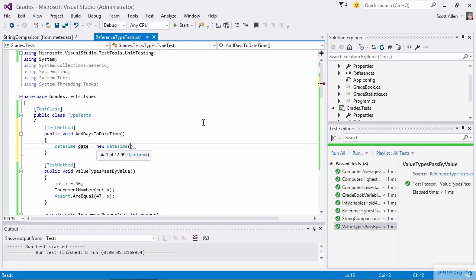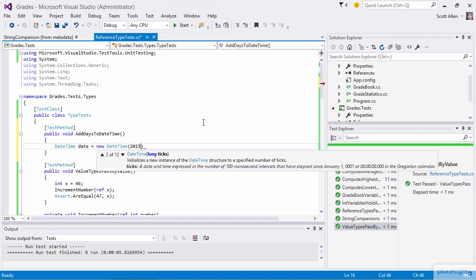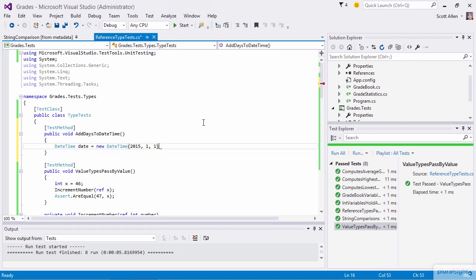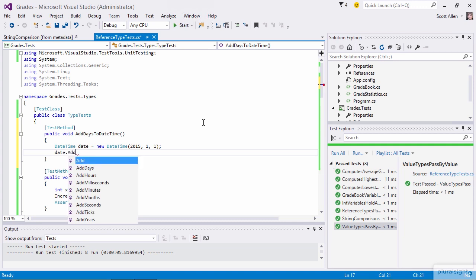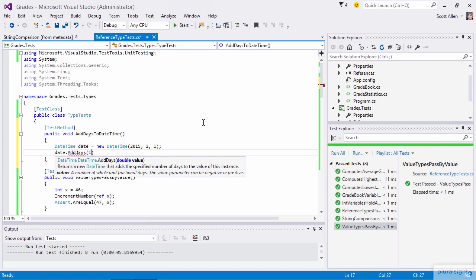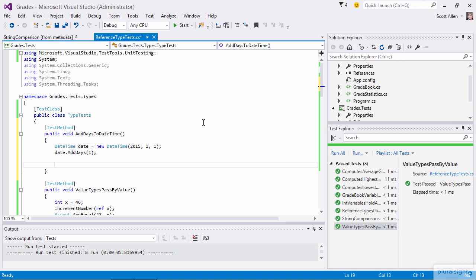And there is a constructor for datetime where I can pass in the year, let's say 2015. And then the month, let's just use January. And then the day of the month, let's just use the first day. And there's also constructors that would allow me to construct that day with a specific time during the day. But let's go with that value and now say datetime.addDays 1. And like I say, it's very easy to think that now you have a datetime that represents January